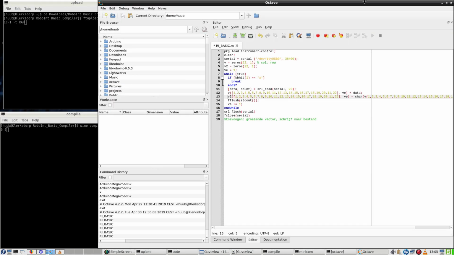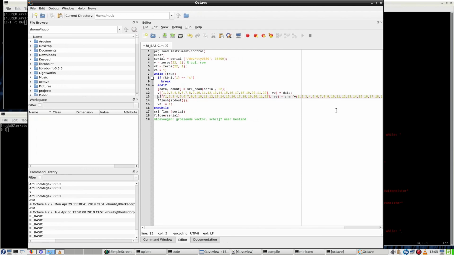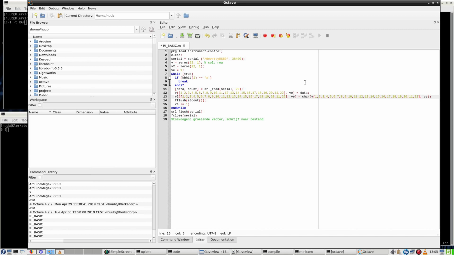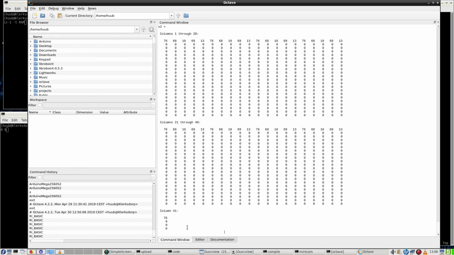Alright, so I have enlarged everything a bit. Well, everything, the Octave window anyway. So I have now removed char for before data, and I've put it in front of this one. So everything that's in here is supposed to be converted to ASCII and then filled into V2. And they're both equally as long. Not tested yet, so there we go. Pressing F5, and then